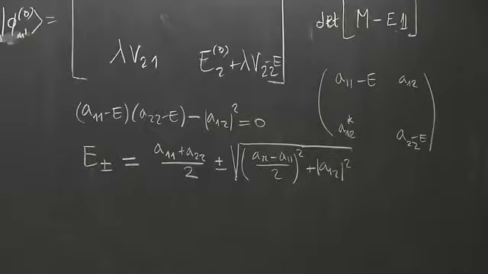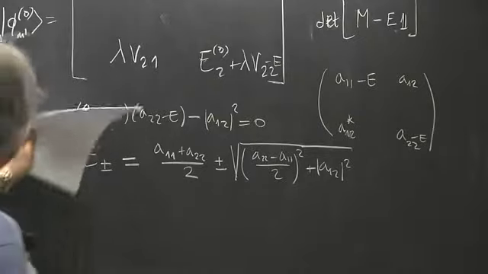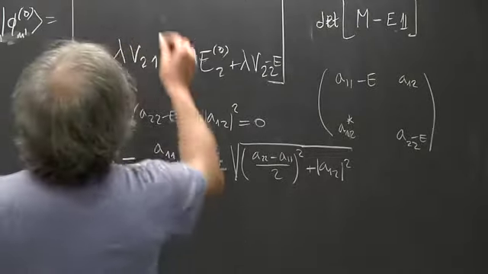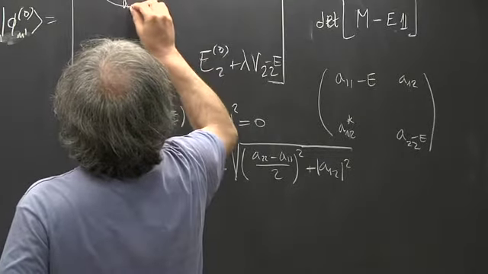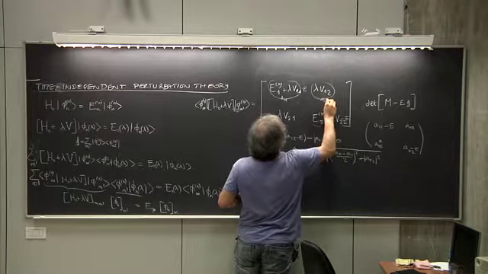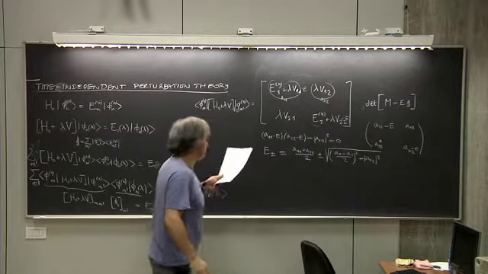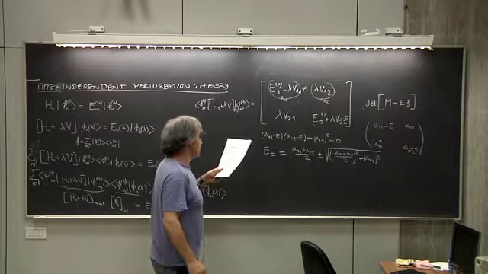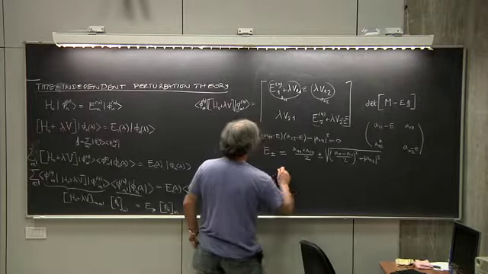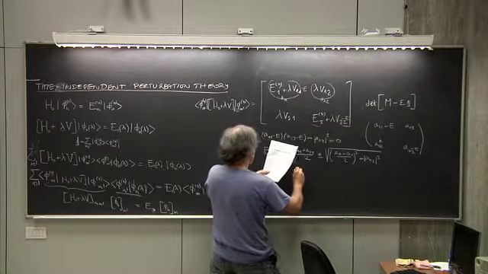Okay? Good. So let us plug this for A11, this for A22, this for A12, and the star. Okay? So you immediately see that you have something like, let me write it here. You have